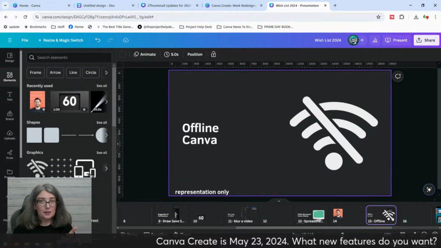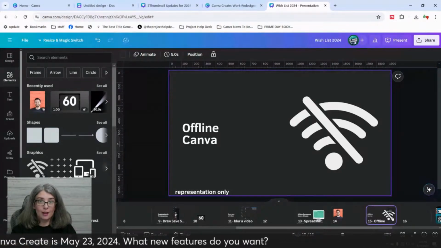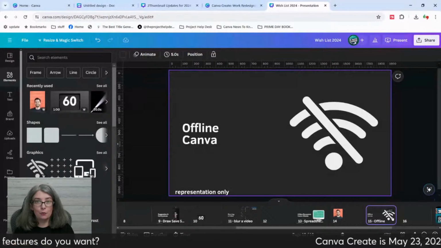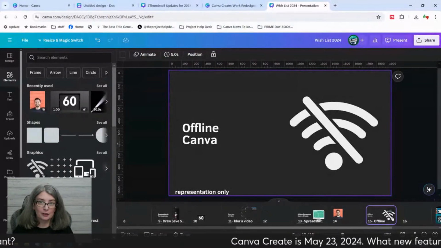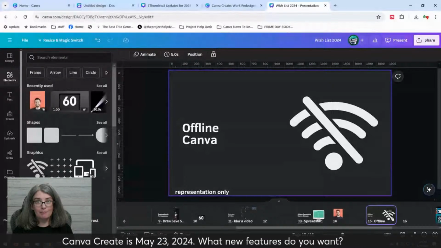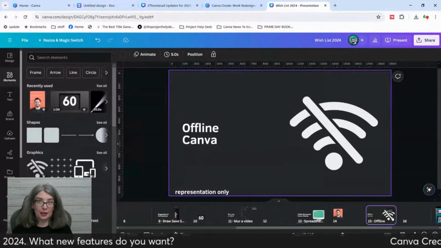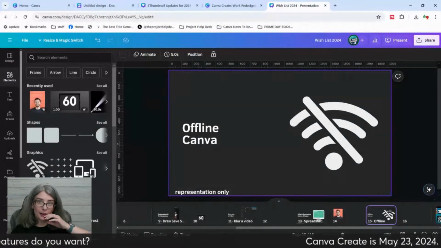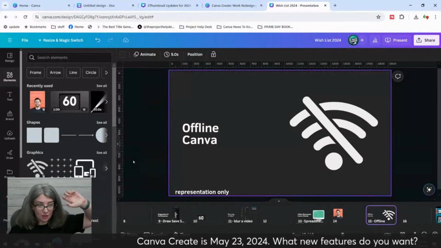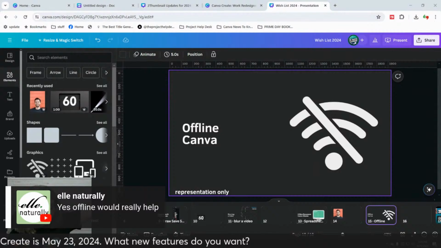And I live out in the country, and sometimes my internet's just not good. So it would be great if we could do things offline. I think it would be fantastic, especially if there's a huge storm here. In fact, there's a storm, and Elle agrees. Offline would really help.